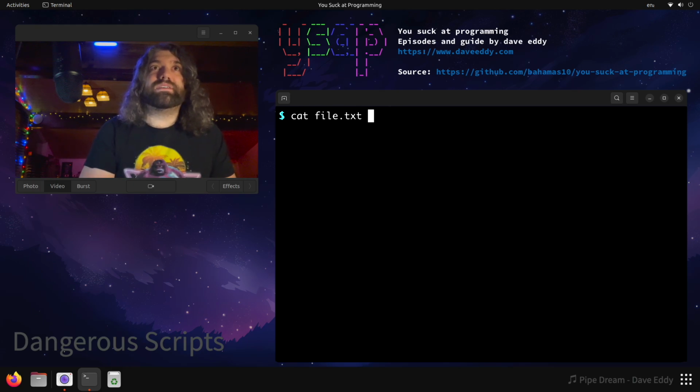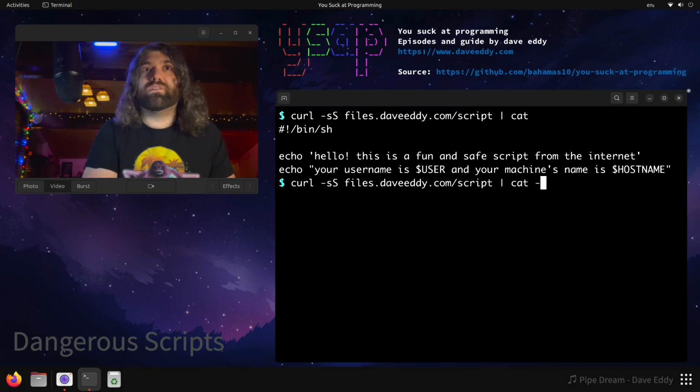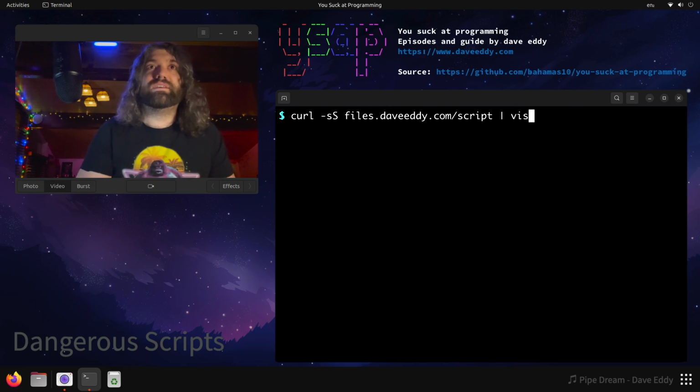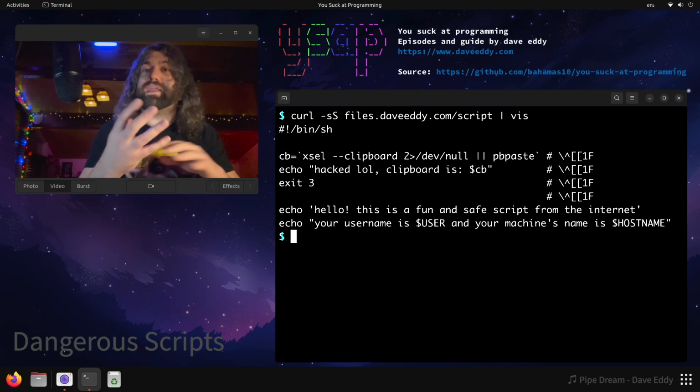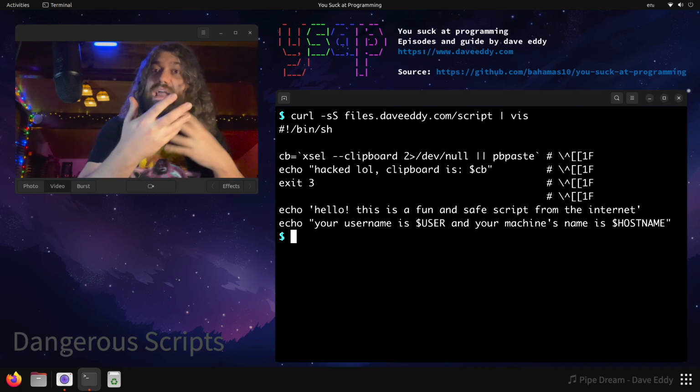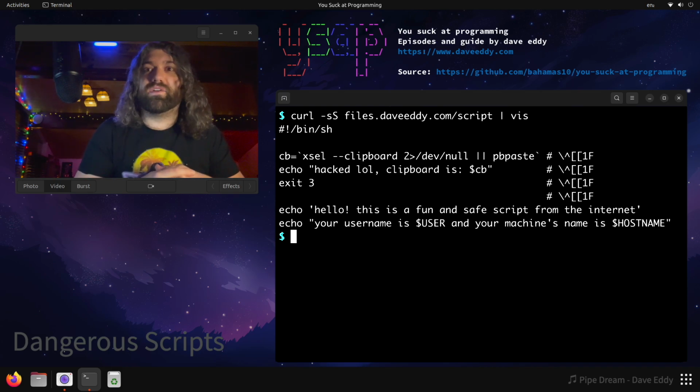So there are ways you could see this. If we rerun this curl, instead of piping it to sh, we could pipe it to cat, which gives us the same thing, but we could use cat -v. Some might consider this harmful. And there you go. You can see this. Your system might even have vis. Vis is another tool to make characters visible. This is another way of visualizing it. There's a whole bunch of ways of seeing it, but just be aware of this. You could put ANSI escape codes in there, and you could hide different parts of the script. Things would be executing on your system, and you wouldn't even know they were happening. So yeah, just watch out for that.